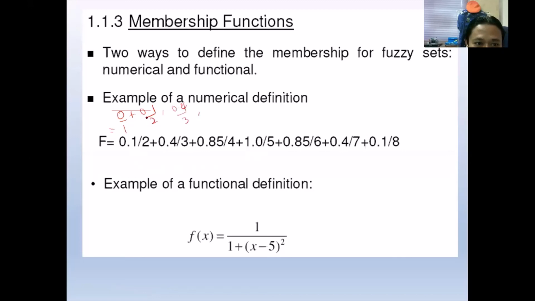You can see this one. If the sequence does not appear here, automatically the membership value is 0. For example, here we start with sequence number 2, that means sequence number 1 will be 0. And then 6, 7, 8, the rest is okay.